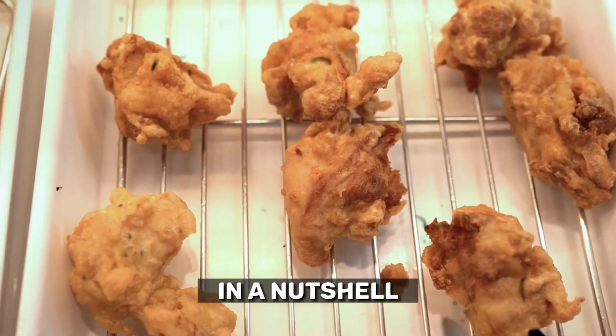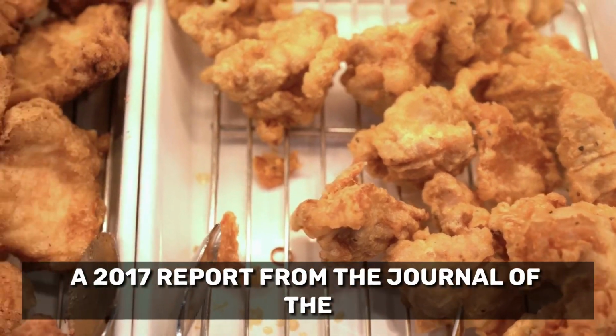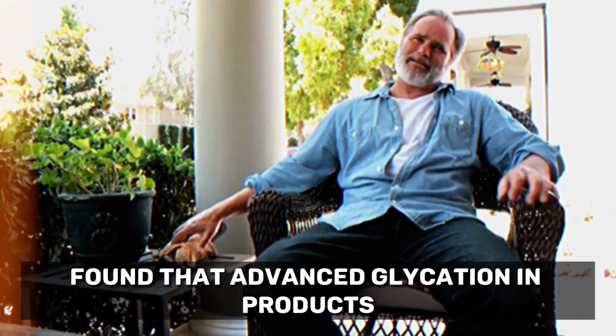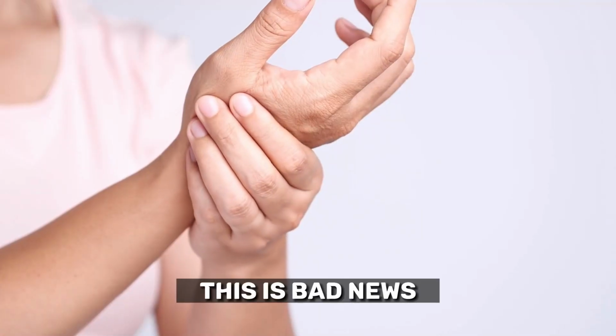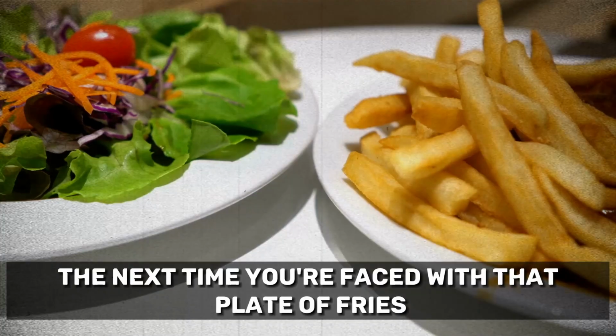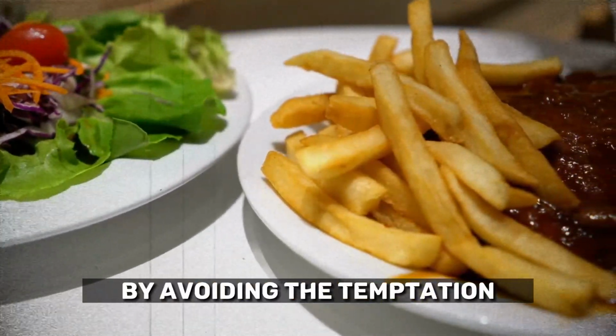In a nutshell, while that crispy fried chicken might be calling your name, a 2017 report from the Journal of the American College of Nutrition found that advanced glycation end products can increase inflammation in the body for someone with arthritis. This is bad news because it can make those aching joints even more painful. The next time you're faced with that plate of fries, keep in mind that by avoiding the temptation,